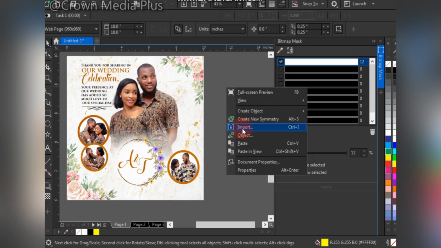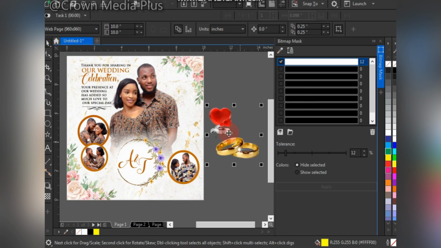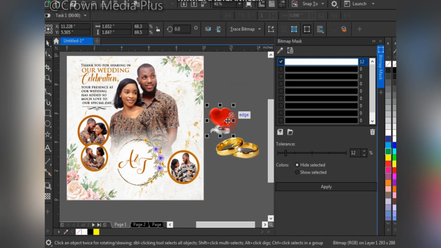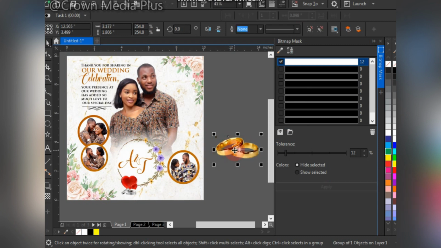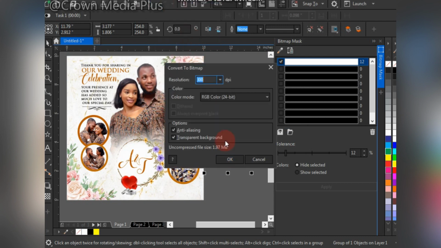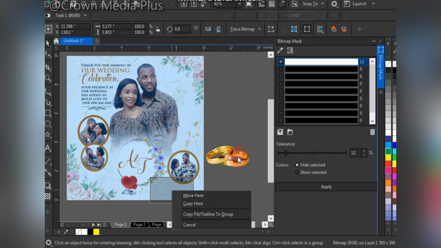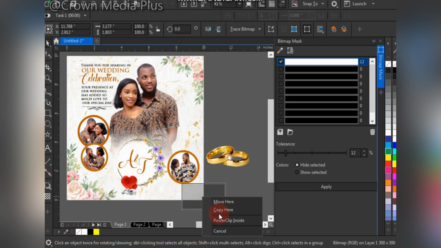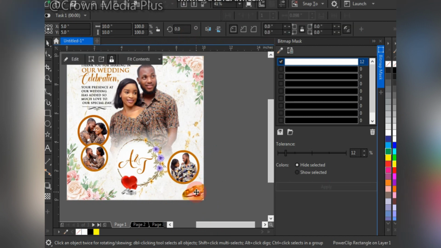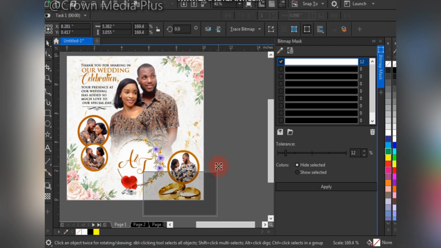So import the graphics element effects. You can download it from Google. Bitmap, power clip inside, adjust, hold Alt and click,